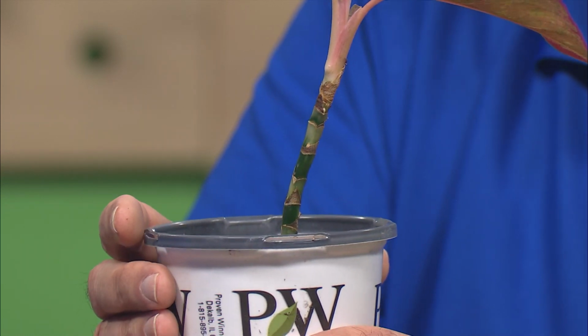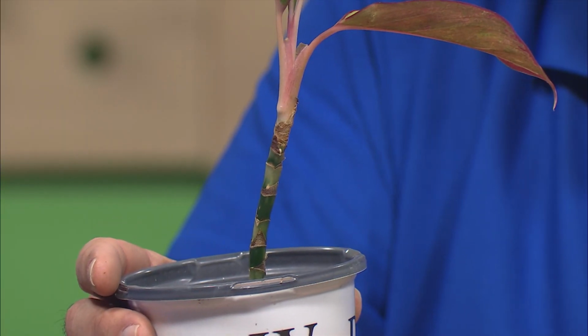I have found that for doing this, rather than putting it in soil, and there have been some studies done, I like to use either sand or perlite. This is perlite. It's easy to find at nursery centers, and I usually find a container that is deep enough that I can stick 3, 4, 5 of those leaf stems or leaf cuttings underneath. And I like the perlite for a couple of reasons. It gives me some support, and also